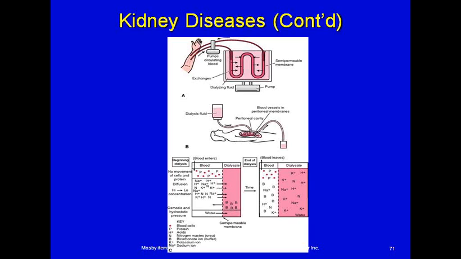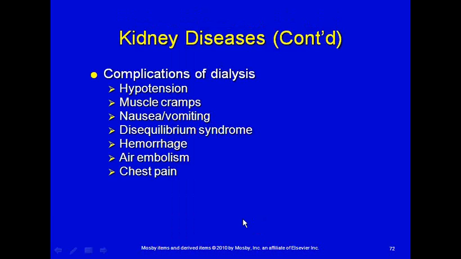With peritoneal lavage, and that can be done on some diabetics in their home, a special liquid is drained into the abdomen, fills the abdominal cavity, where it then is strained through a permeable membrane into a collection container to be thrown away. And it does a very similar job in cleaning out the blood. Some complications of dialysis include hypotension, particularly if they take the blood off too fast,